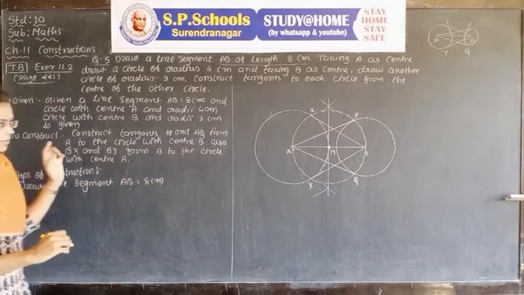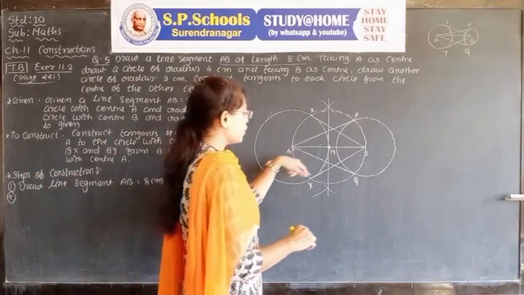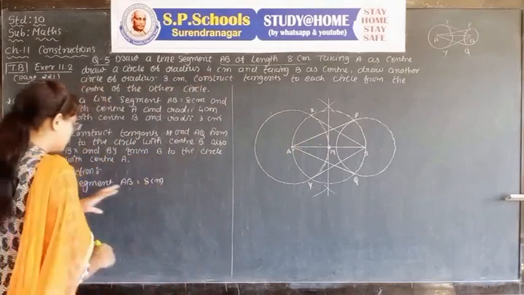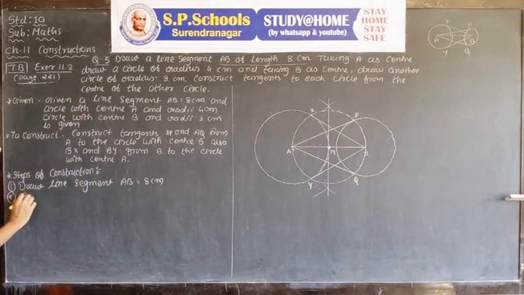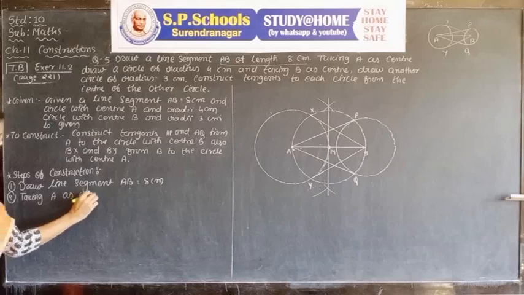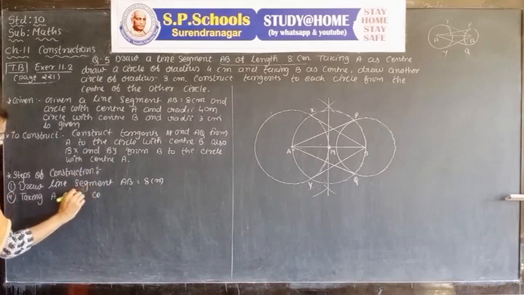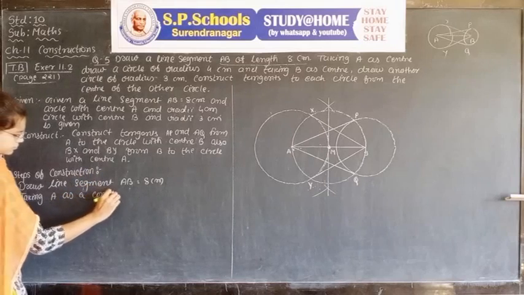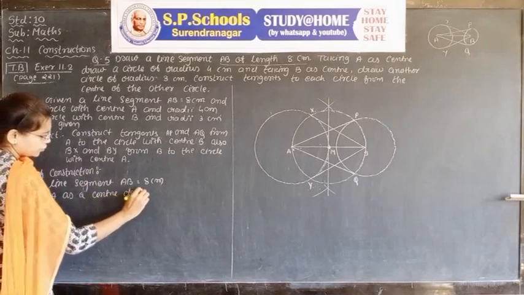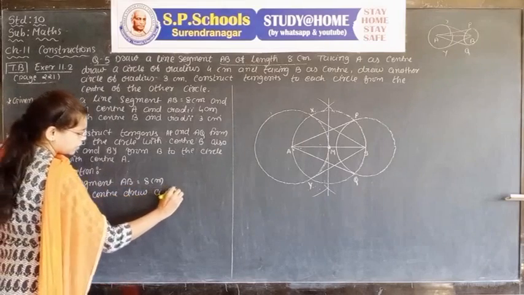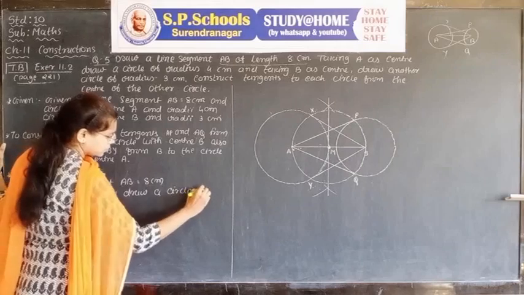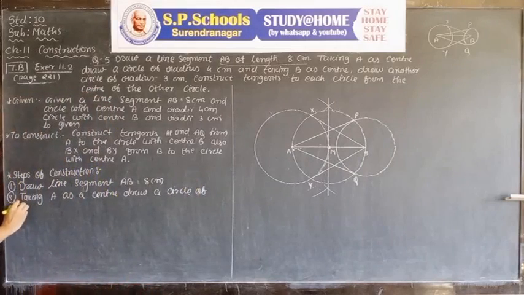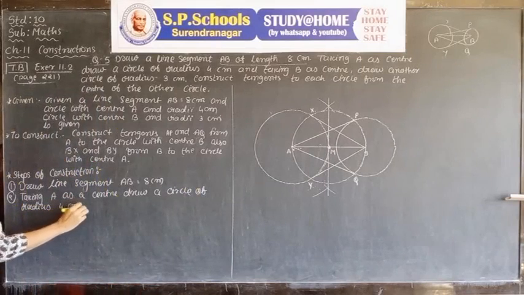At the second step, taking A as a center, draw a circle of radius 4 centimeters,